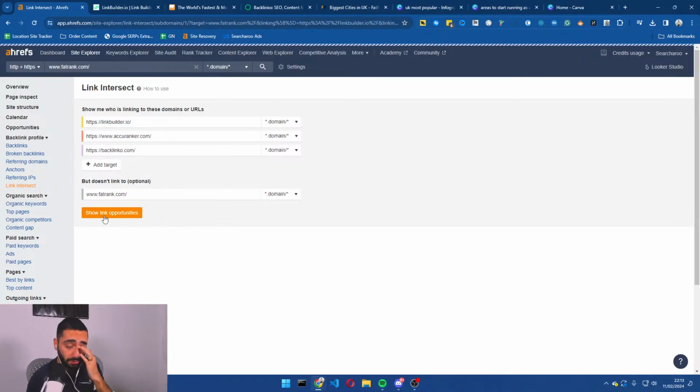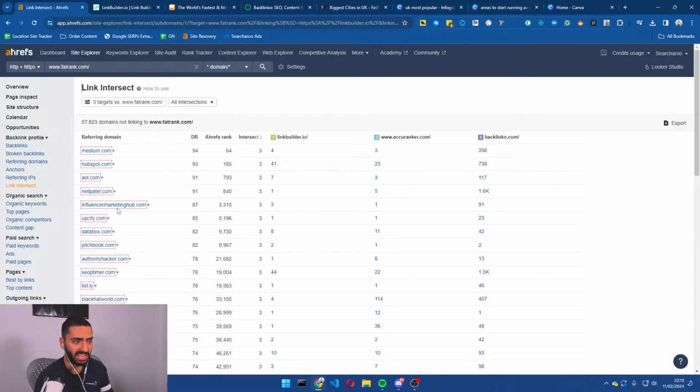Show link opportunities, and what it's going to do is crawl all 3 of your competitors, and it's going to come back with target placements that they have that you don't. So we'll know exactly which websites to essentially start doing some link building through to.